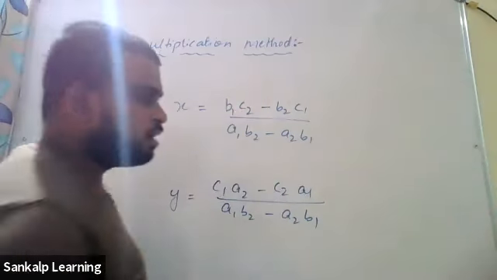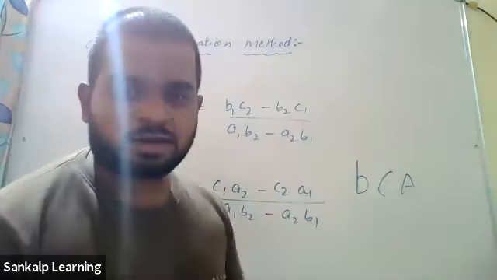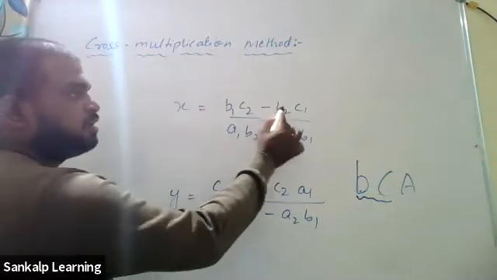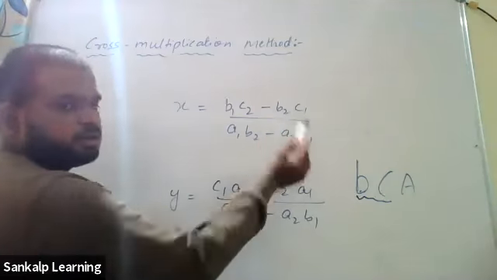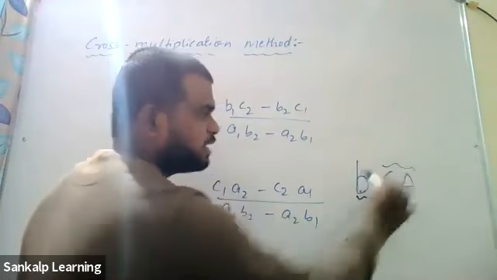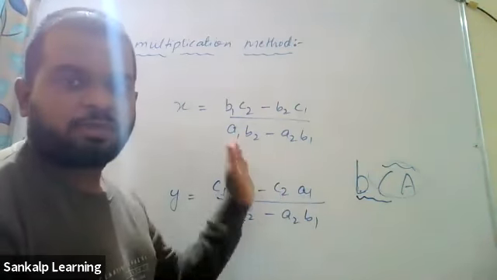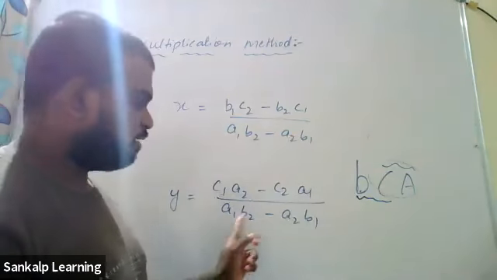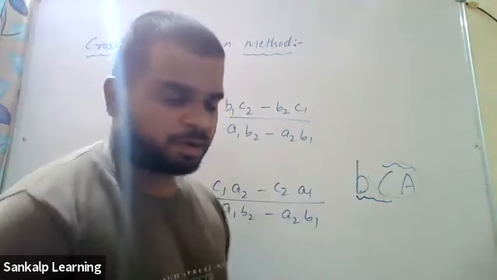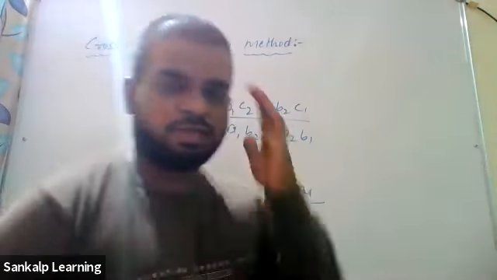I hope everyone knows there is a course known as the BCA course. Remember that. To find the x value, just use BC, BC, with 1 2 and then the reverse, 2 1. That's how you write the formula. Next for y you take the other part, CA, CA, 1 2 and reverse 2 1. The denominator is the same, A1 B2 minus A2 B1. This is one way which I feel is very easy. That is how I remember. I just think of the course BCA.